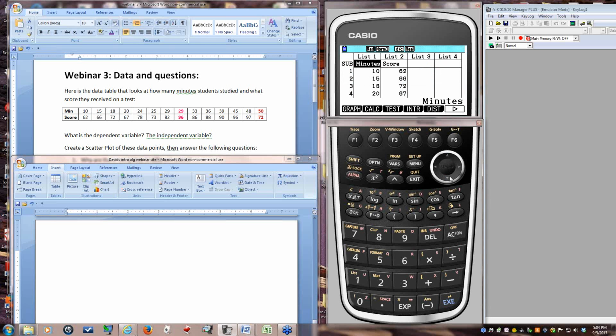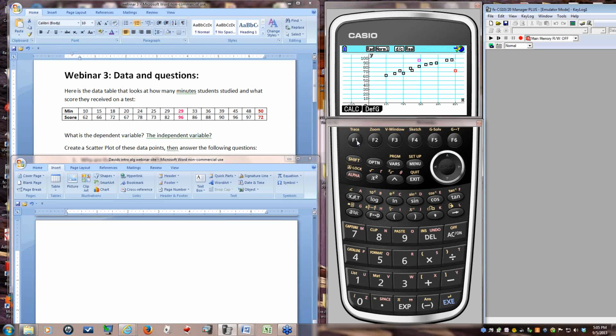You probably know that if you put that information into your calculator, you still have to use just the number list. You cannot use the name of the list that you put it in there. And then I've also gone in and coded two of them, the two pairs that I have colored in slightly different colors of red in both of them. If I were to hit graph for F1 when I'm in the statistics mode, I've already set it up, and I'm going to go into that again later, so I'll show you how to do that. I'm just going to say, let's look at graph 1. I've already done some work here, and this is the scatter plot.